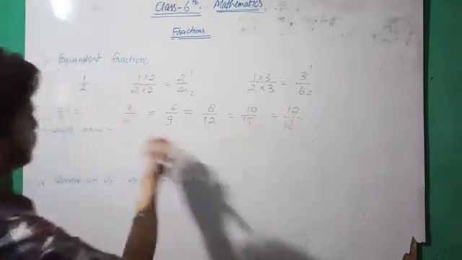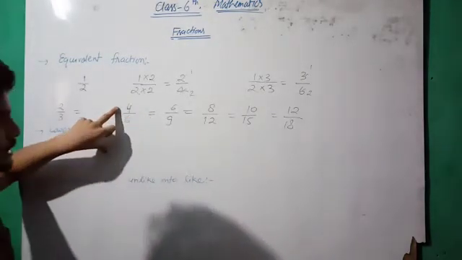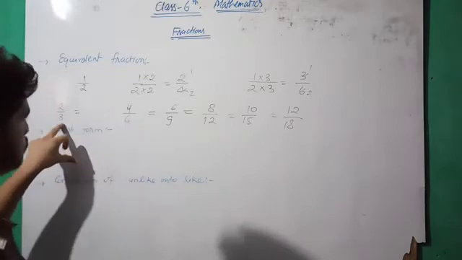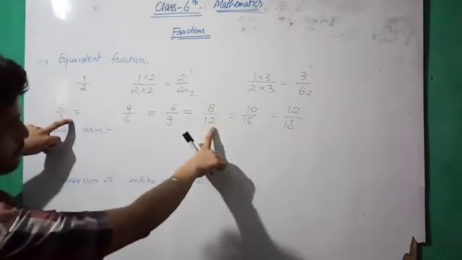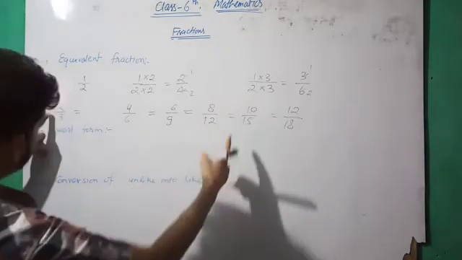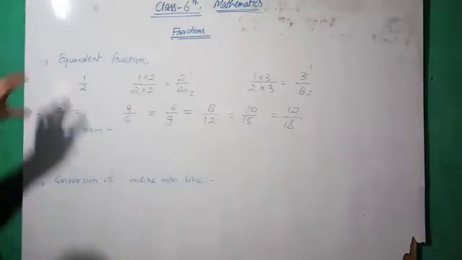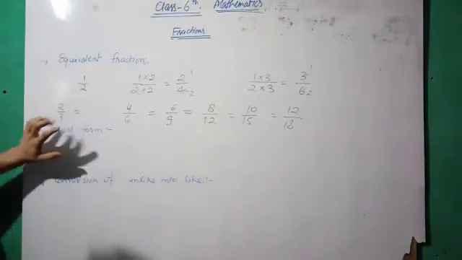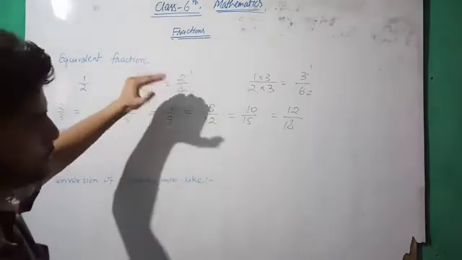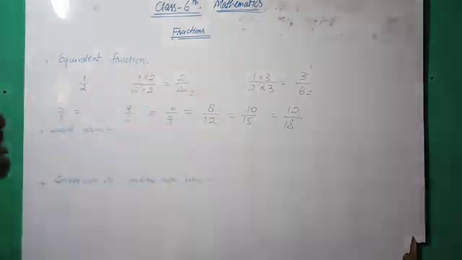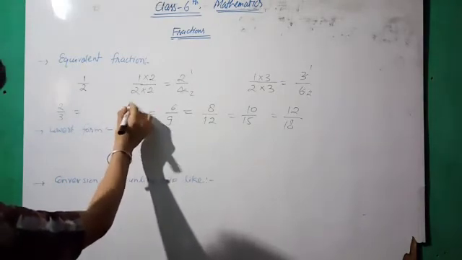So these are equal. Why? Because in the first one we can divide by 2, so it becomes 2 by 3. Divide by 3, it becomes 2 by 3. Divide by 4, 4 twos are 8, 4 threes are 12. 5 twos are 10 and 5 threes are 15. 6 twos are 12 and 6 threes are 18. So these are the equivalent fractions, in which we can convert a fraction by multiplying both numerator and denominator into their next form of equivalent fraction.